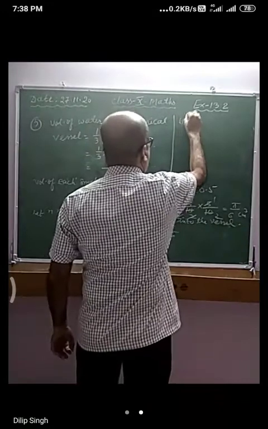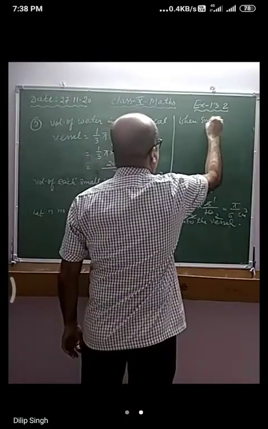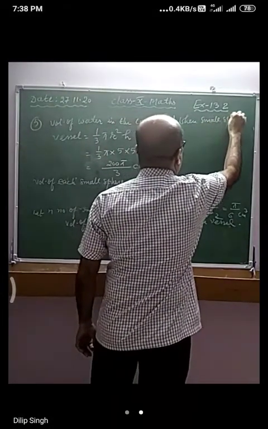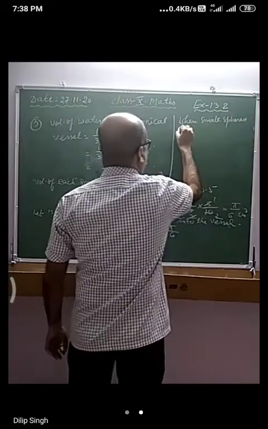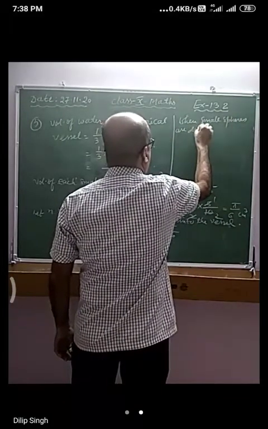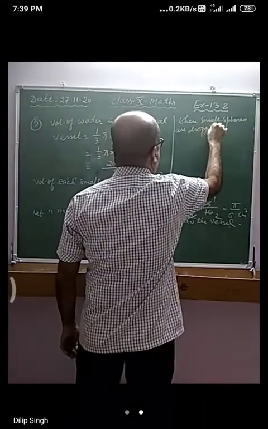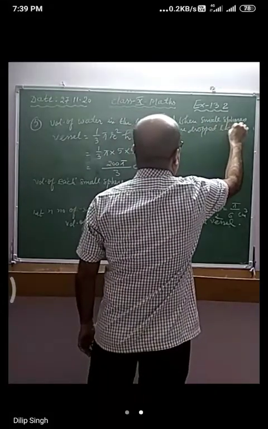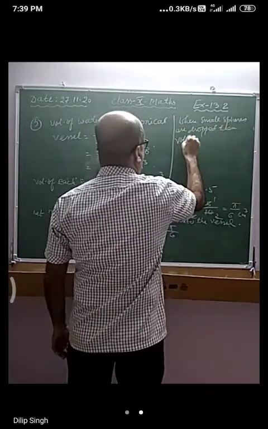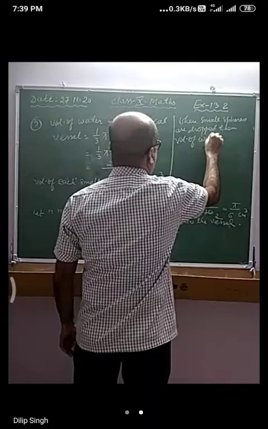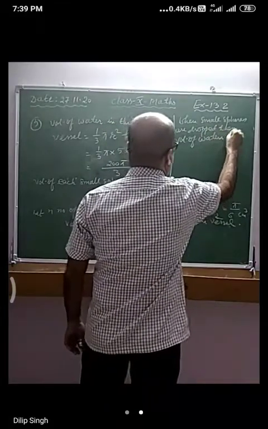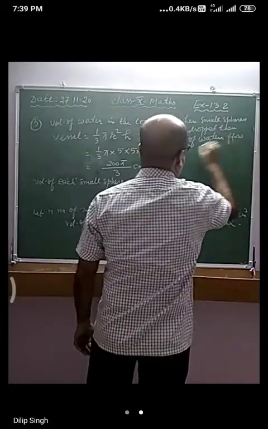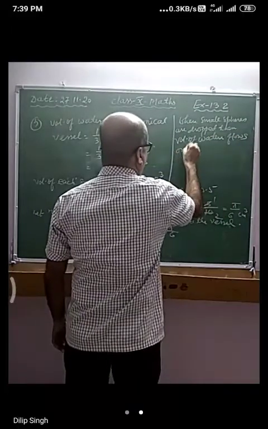When small spheres are dropped, then the volume of water that flows out will be equal to